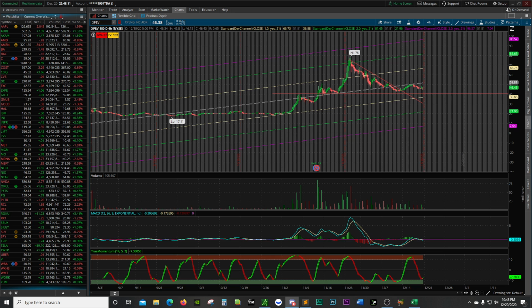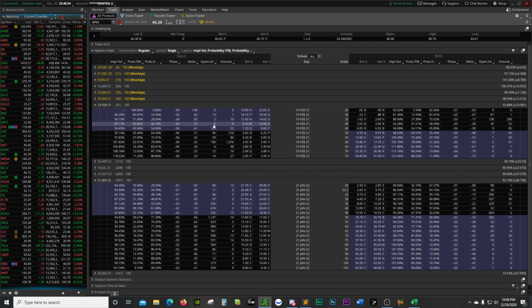This is an option server, obviously. If you're interested in a long-term play, well, not necessarily long-term, but kind of the same strategy I'm using, cash secured puts is the safest strategy. You get paid premium. So let's say I want to get in XPEV. I think it's at a pretty decent level to potentially sell cash secured puts. I would do 30 to 60 days out. February 19th is 61. I would get paid $605 at the 45 strike.